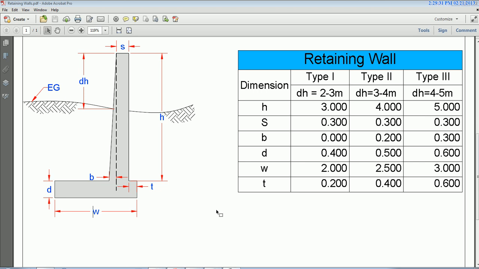Hi, in this video I am going to create a subassembly of a retaining wall consisting of three types of measurement. First of all, let's review the dimension of the retaining wall. Here is the typical cross section of the retaining wall. The retaining wall types depend on delta H. Delta H is the difference between the existing ground and the top of the